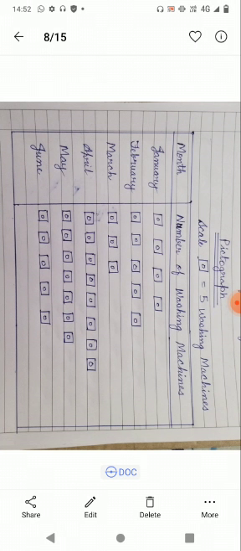In the month of January there are 20 machines produced. So I have made 4 symbols, meaning each symbol represents 5 machines. So 5 4s are 20. In February 25, so 5 5s are 25. In March 15, so 5 3s are 15, so I have made 3 symbols. Then in April there are 8 symbols, 1 2 3 4 5 6 7 8. That means these 8 symbols represent 40 washing machines. And in the same way for May and June.